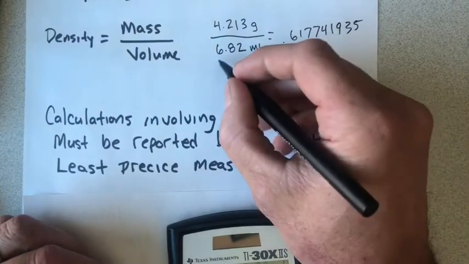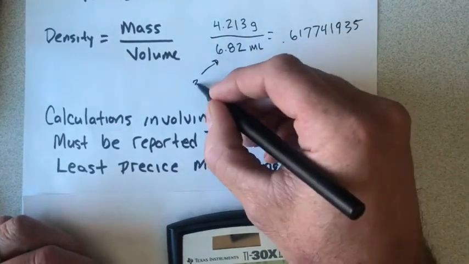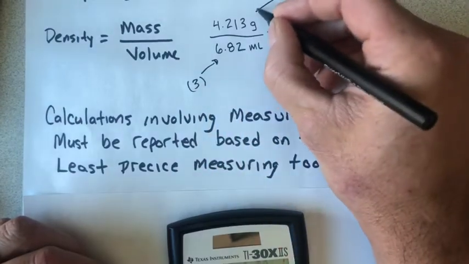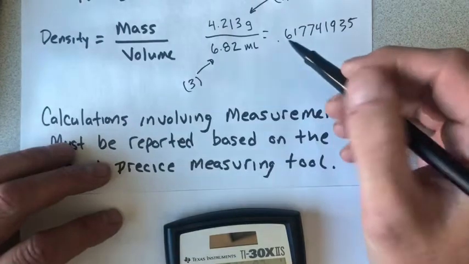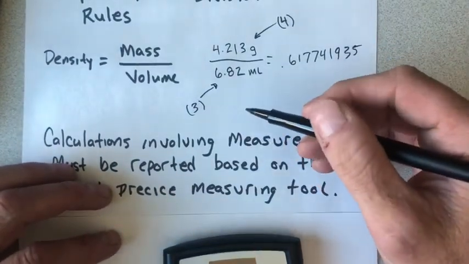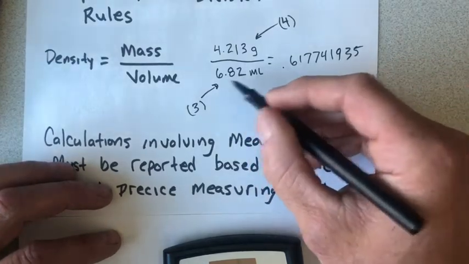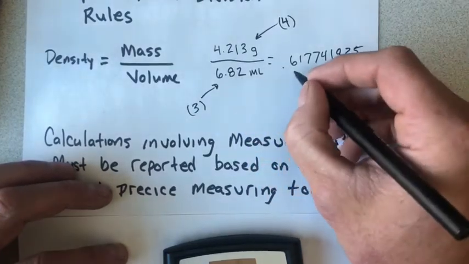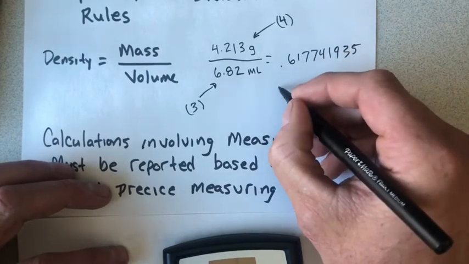Okay, so this number here is 3 significant figures, and this number here is 4 significant figures. So you just have to see which of the two numbers has the least number of sig figs, and then round your final answer to that number of sig figs. And so that's why we've got to be good at rounding. So our final answer here is going to be